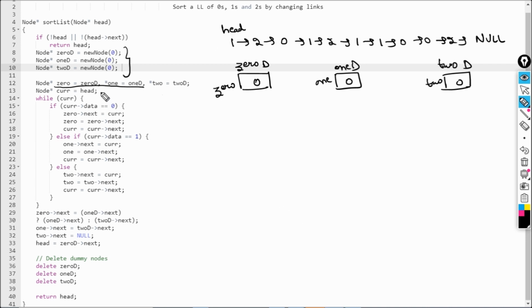So they are saying to create a pointer current which is pointing to the head node. So here we have current, right? Why do we need current? To iterate over this list, because we can't iterate with the head node, right? So we have this current here.